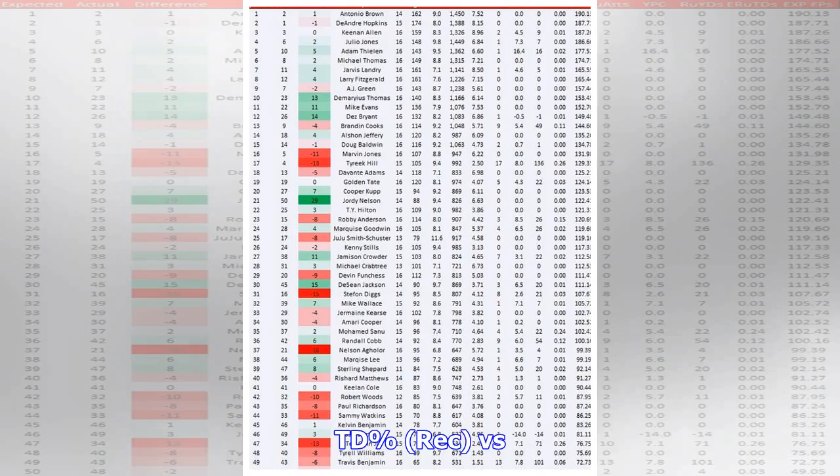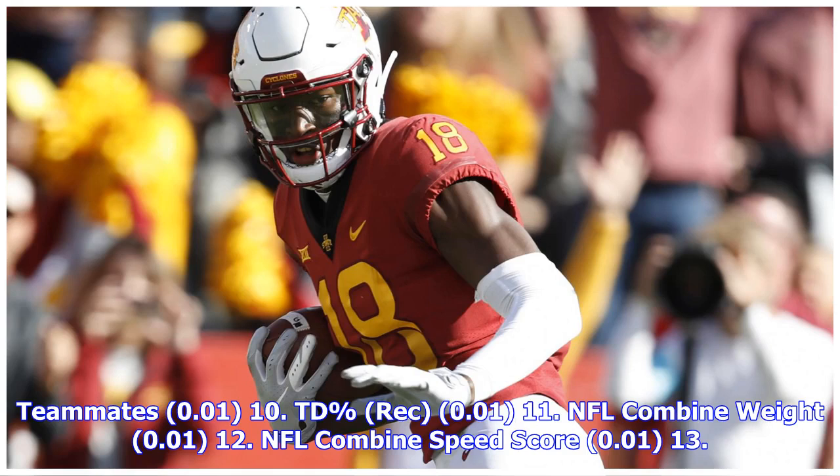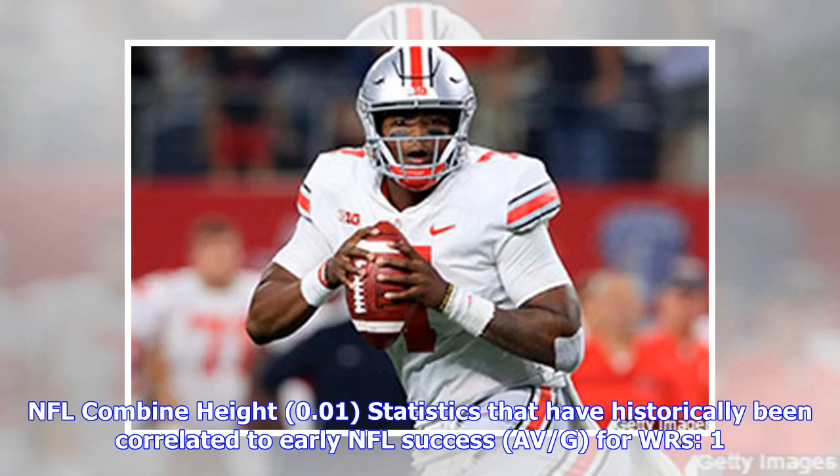TD% rec versus teammates, 0.0110. TD% rec, 0.0111. NFL Combine weight, 0.0112. NFL Combine speed score, 0.0113. NFL Combine height, 0.01. Statistics that have historically been correlated to early NFL success, AVG, for WRs: